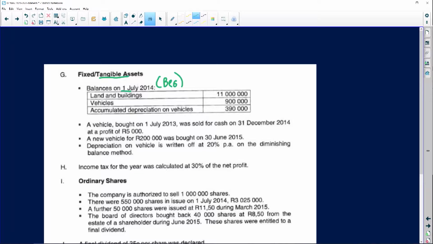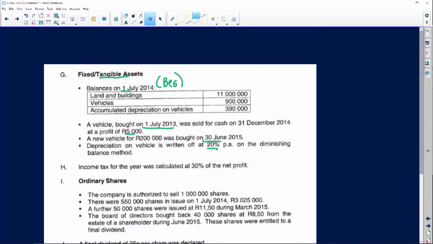Okay, right, then I'm told the following. A vehicle bought on the 1st of July 2013 was sold for cash on the 31st of December 2014 at a profit of 5,000 Rand. A new vehicle for 200,000 Rand was bought on the 30th of June 2015, and then depreciation on vehicles is written off at 20% per annum on the diminishing balance method. Right, now in this particular question, and I didn't include it,